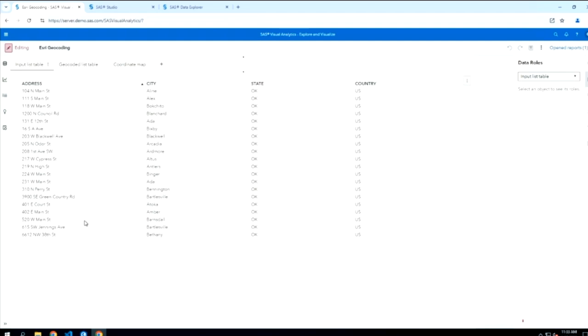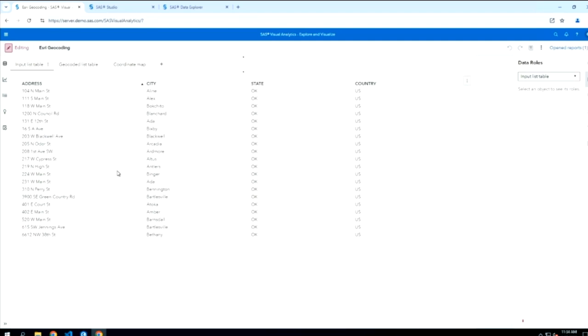So you can see this is our input table. This is the table that we want to geocode. We have the address, we have the city in which it's located, we have the state, and we have the country. And I would like to eventually be able to just plot a simple coordinate map. So I could drop some dots on a map and see where these are located. And I'm going to do that using Esri.